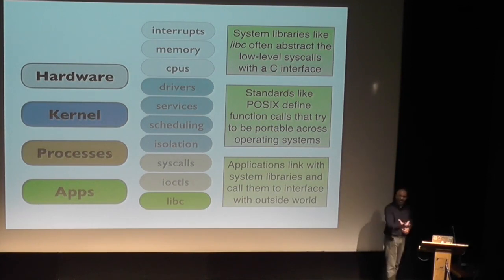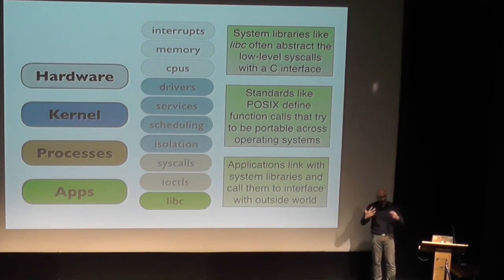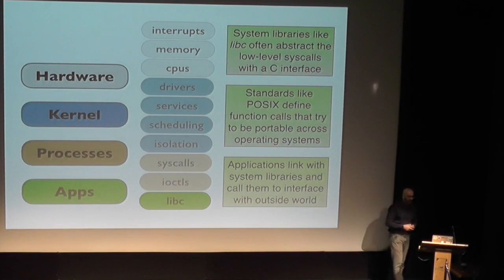And these standards try to be portable. They try to be portable across Unix-like systems like Solaris, Linux, Mac OS, and the FreeBSD, OpenBSD, NetBSD family. All of these Unix variants try to maintain homogeneity. Behind the scenes, the POSIX interface is the same, but the details of the system calls vary widely across operating systems. So this forms a nice abstraction layer where you compile your application for an operating system, and then it can run your code.